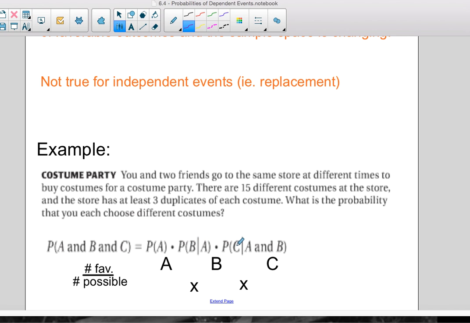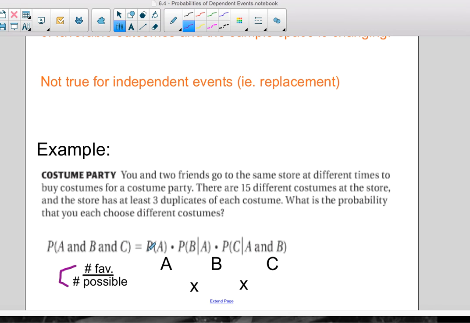Times the probability of C given that A and B have both happened, right? So essentially, again, it's a number of favorable over a number of possible. This looks like a pretty heavy formula, but it should actually kind of make sense when you think about it. The first one is just the probability that A happens,